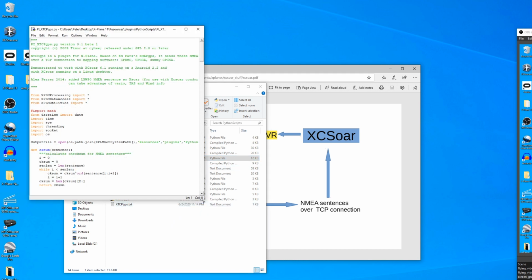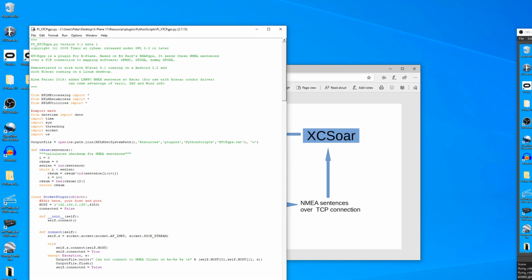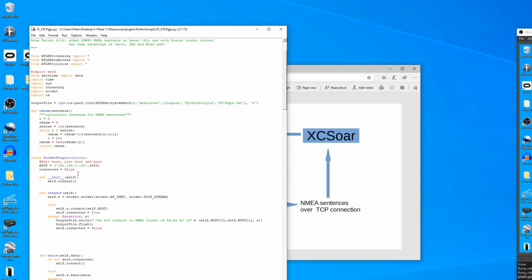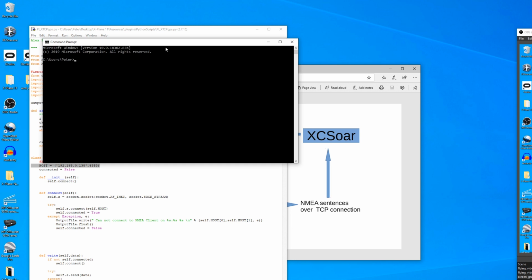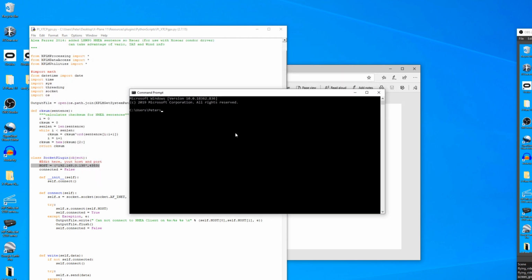I'll edit it with IDLE just because that's what I'm used to when I work with Python. And if you look right here, it says edit here, your host and port. So this one line you need to set up for your home network system. And if you're not sure, what you can do is just open a command line and type ipconfig,